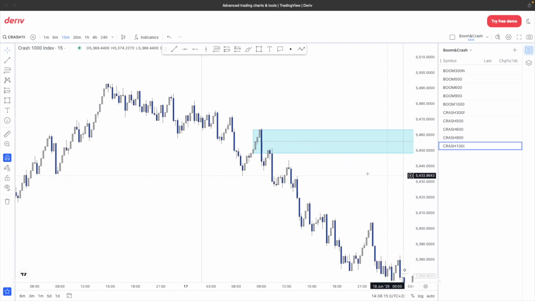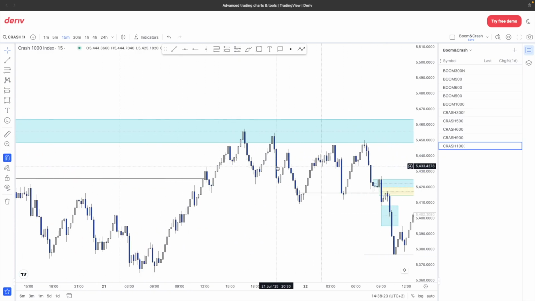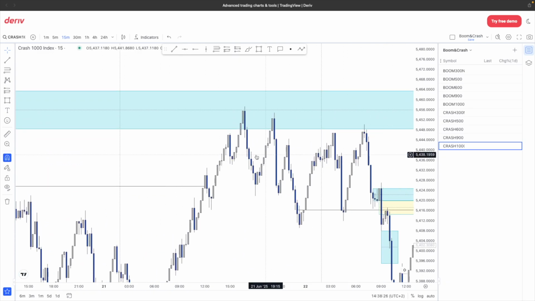So here on the 15-minute, we have the 1 hour order block and a 15-minute fair value gap. So this is a valid order block. And as you can see, then again, here we took the last level of liquidity. This push happened. We had a market structure shift. And then on the 15-minute, we have an order block inside of our 1 hour order block, and there you